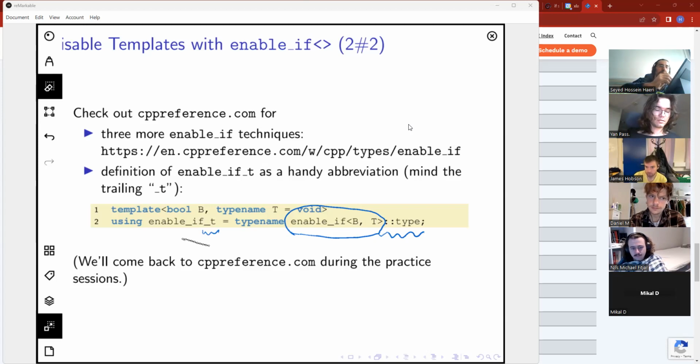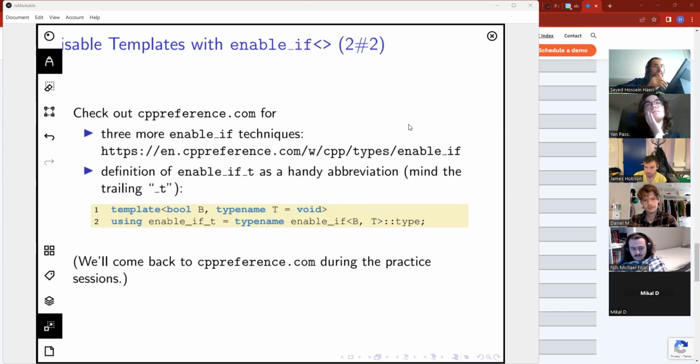If I try to explain more of this syntax, or this code that you're seeing, then that will help.